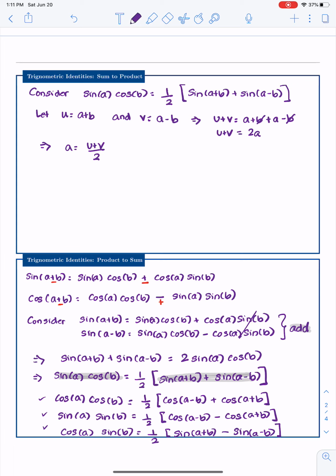In a similar manner, U minus V would equal A plus B